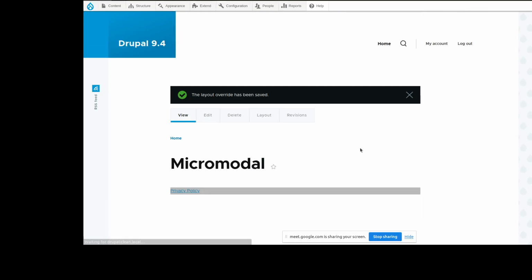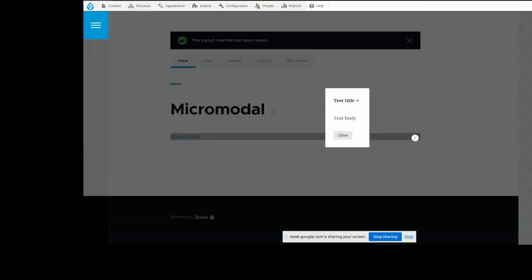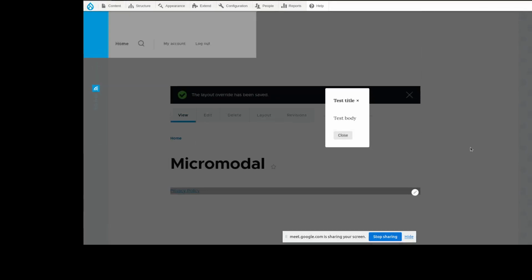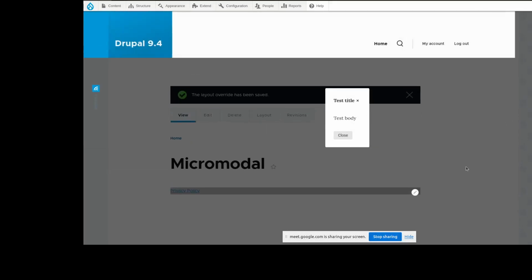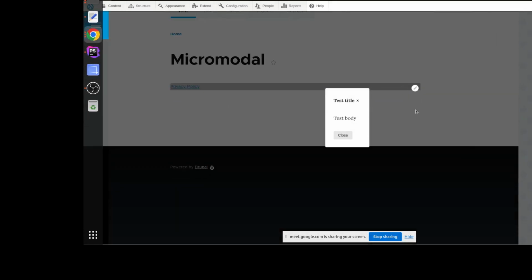Now as you see, when pop-up is opened, we can scroll up, scroll down,